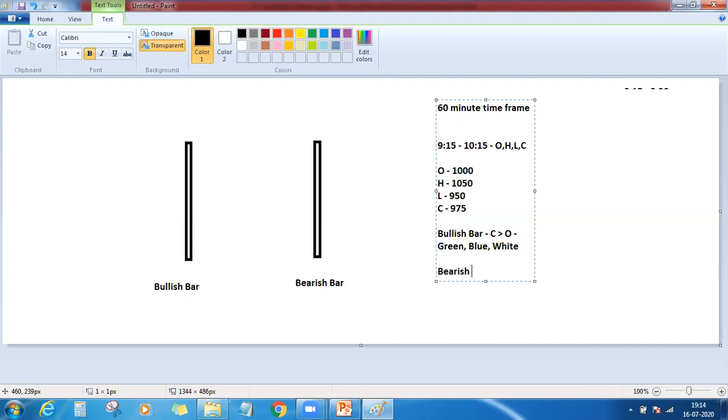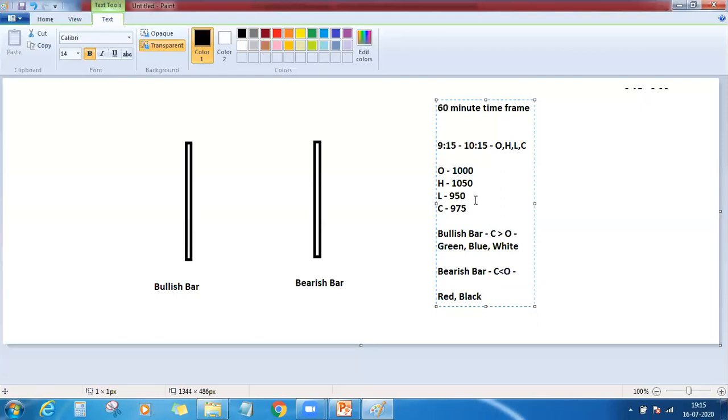And if it is a bearish bar, then the closing price will be less than the opening price. Now this one, based on the price, I can clearly say since the closing price is less than the open price, that means it is a bearish bar. So in some softwares it is represented by red and in some softwares it is represented by black. There is no third color for this. So by just looking at the closing and opening price, I can say in that 1 hour how did the price behave? So price fell down from 1000 rupees to 975.